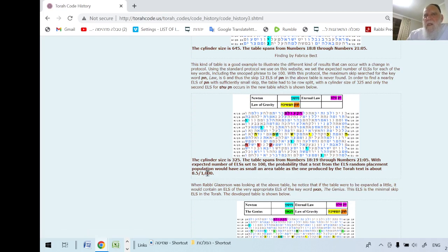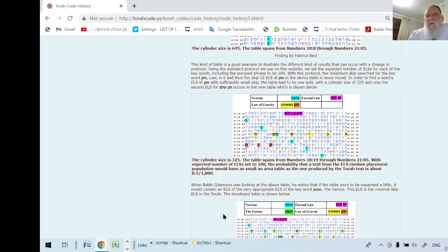And in this case, Professor Haralik analyzes the phenomena, they say cylinder size is 3 to 5, etc. And then he says that the one produced by Torah text is about 8.52 thousand. Then